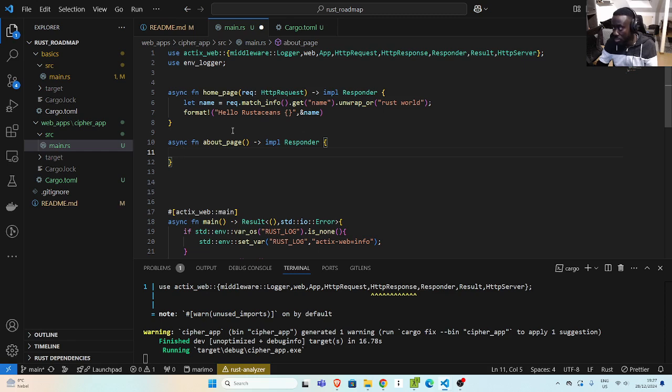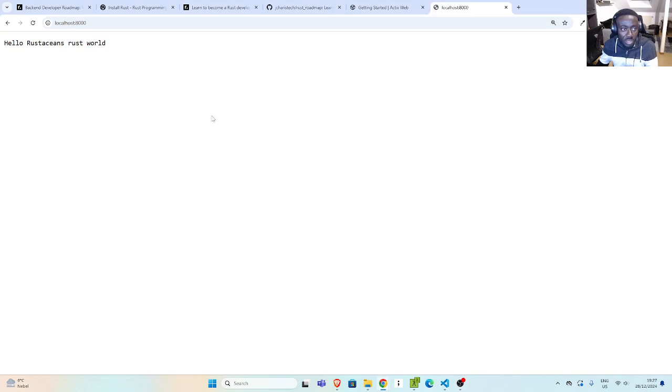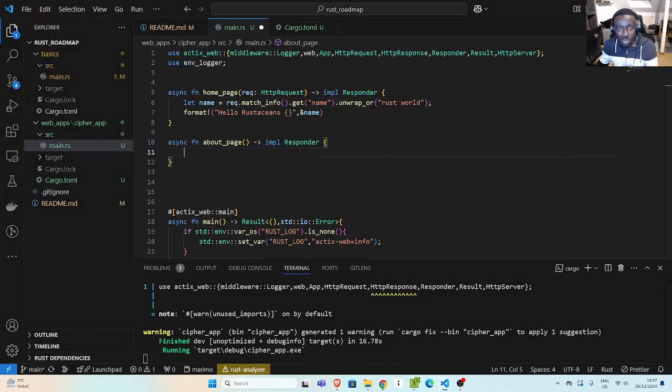Then I'll say, okay, I want to return some stuff, right? So how do I return a page, right? How do I return an HTML page? So this is the normal way. We are just returning this, which you could see from here, right? But in case I want to return an HTML page, how do I do that? So that is where we use Tera, right? So to use Tera,